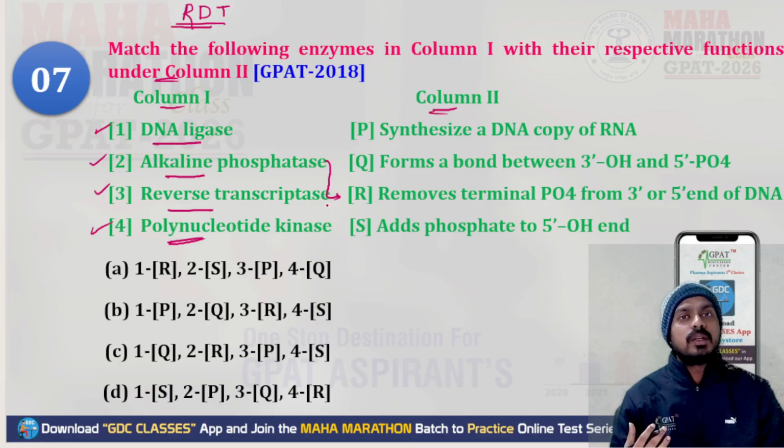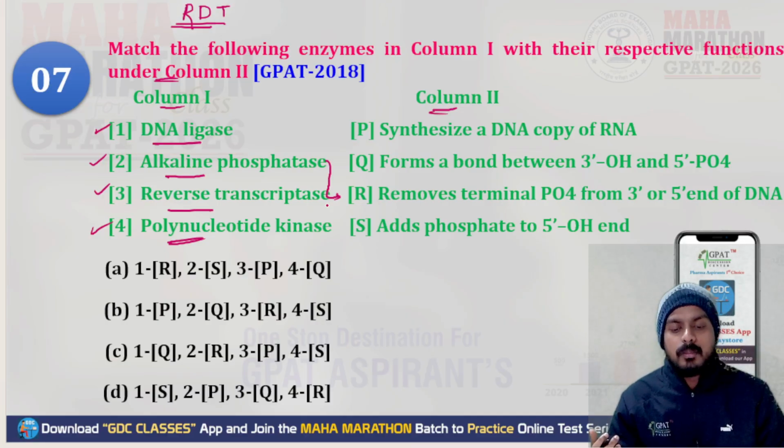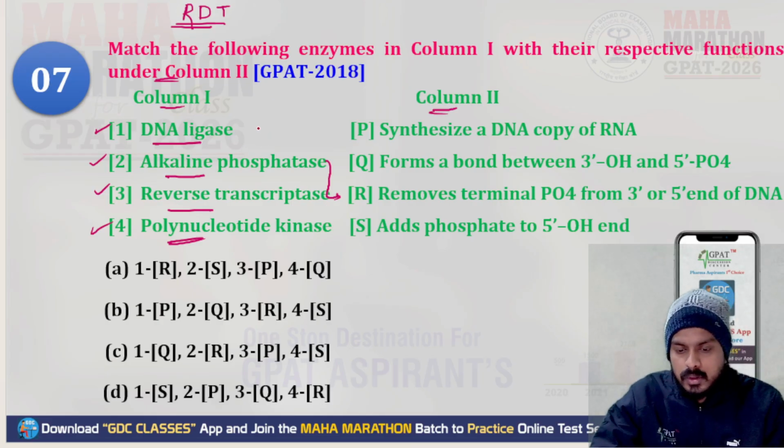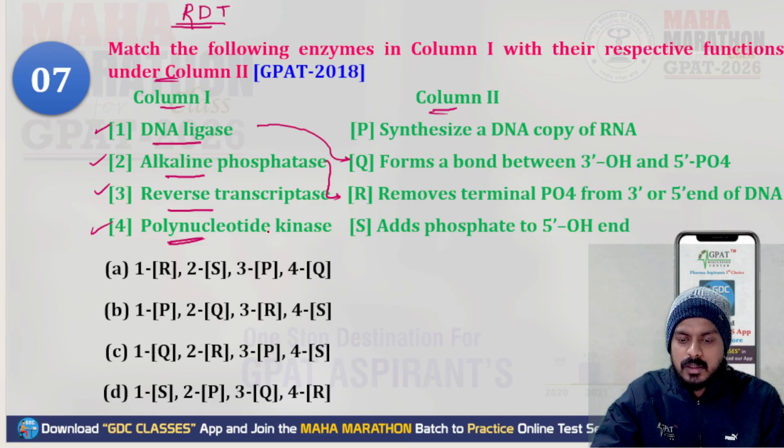So how will it join? It will join by forming a bond between the 3' and 5' phosphate group. So DNA ligase works by forming a bond between 3' to 5'. Next, reverse transcriptase and polynucleotide kinase. So reverse transcriptase's work is